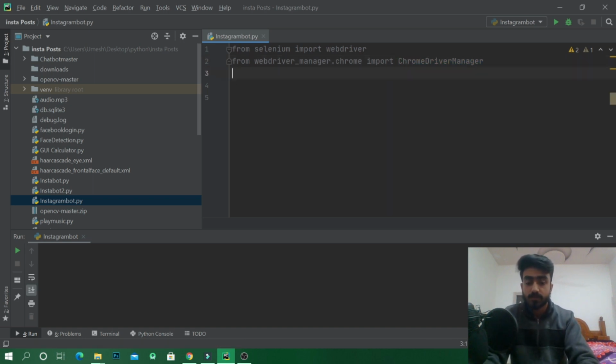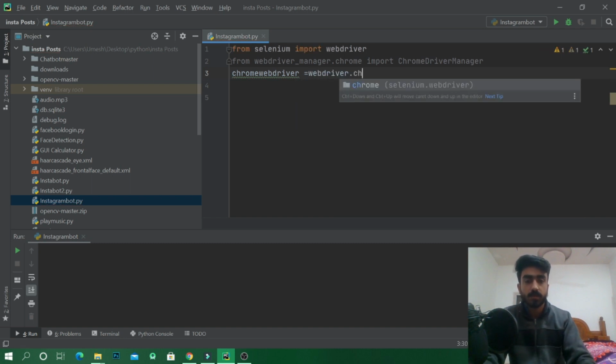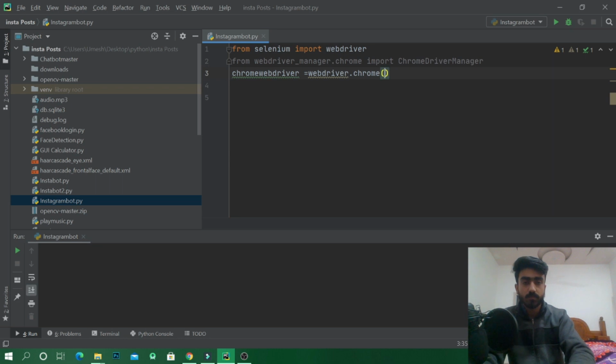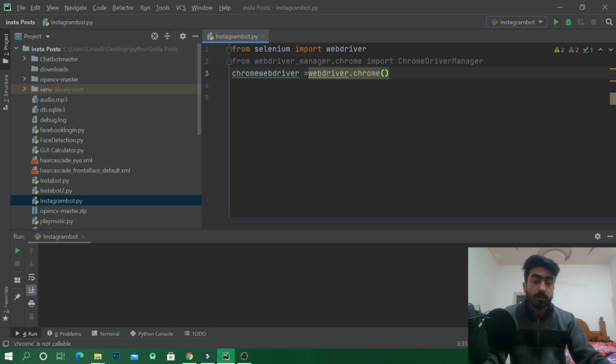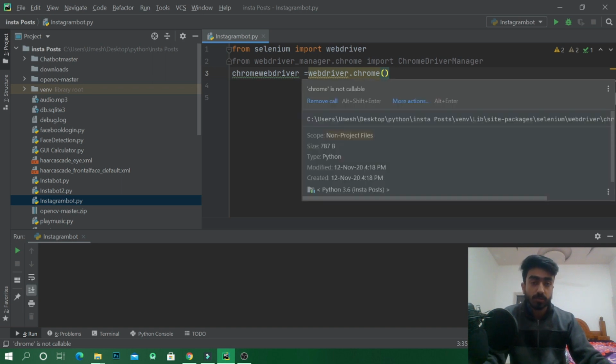After this, we'll create a new variable and name it chrome_webdriver, equal to webdriver.Chrome. To this Chrome we can give the argument as the path of the WebDriver of the Chrome browser.